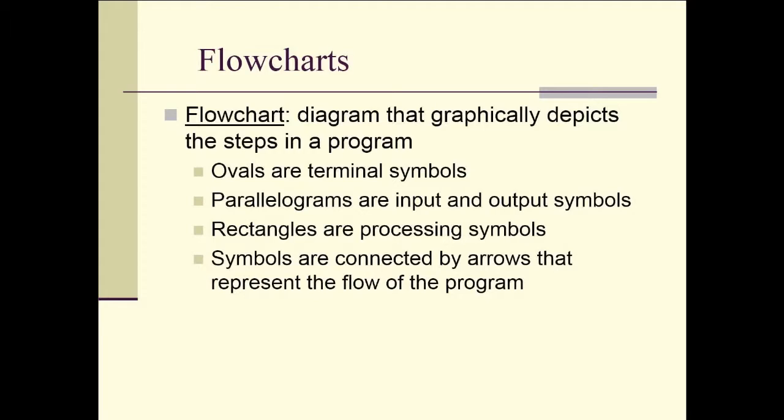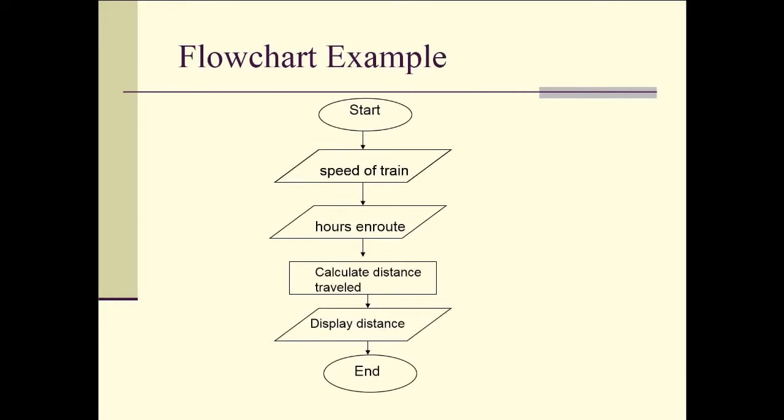So as you can see, ovals, parallelograms, rectangles, they process the symbols, and then all the symbols are connected by arrows. And that's probably the most important part of this, is to make sure that the symbols from the start to the end are connected. The flowchart looks like this when you're done. Let's take an example